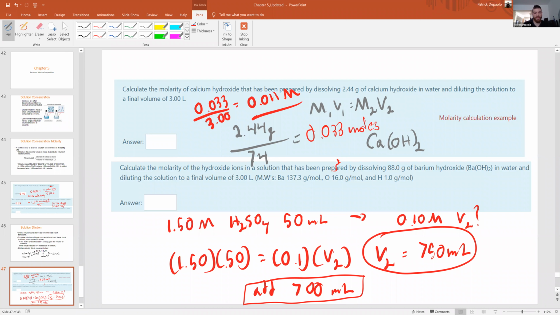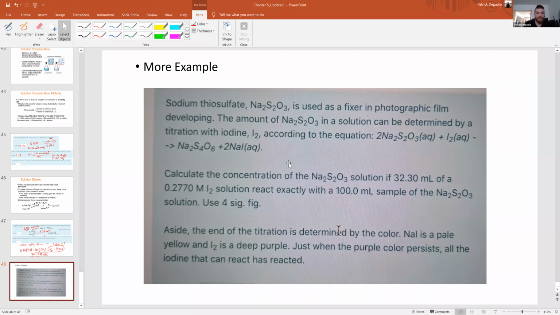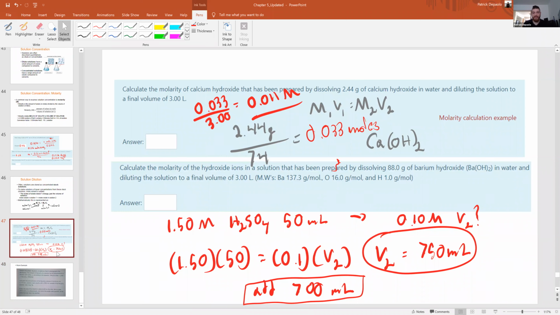So yeah. Okay, cool. So are there any questions on that or anything else? I think that's the last slide. What is this? More examples. Yeah, good luck. That's more examples. I think that's from the homework too. So yeah. Okay. Is there anything else? If there isn't anything else, I'm going to stop the recording and